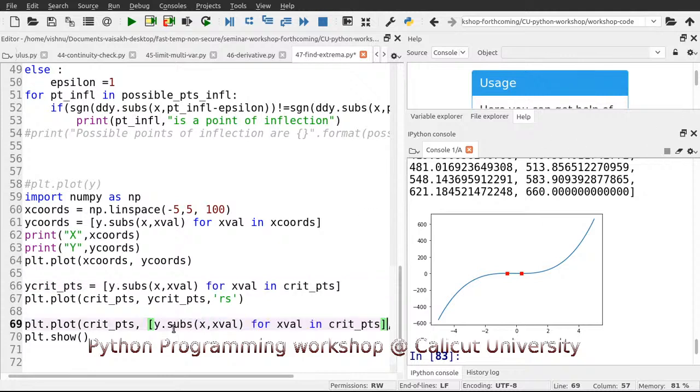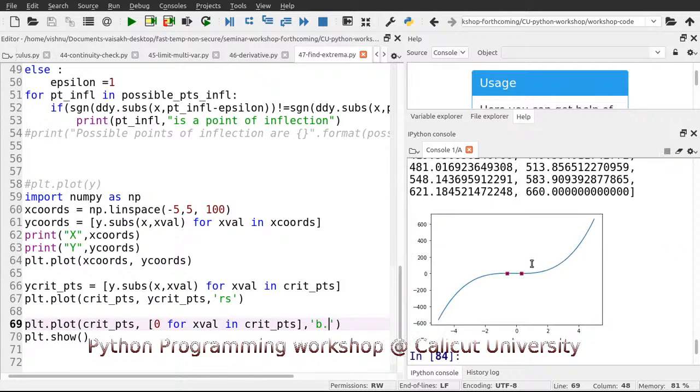So okay, critical points and y substitution is not required, just 0 is enough, because 0 for x value in critical points and b dot,